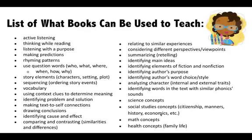Active listening, thinking while reading, listening with a purpose, making predictions, rhyming patterns, use question words, who, what, where, when, how, story elements like character, setting, plot, sequencing, ordering story events, vocabulary, using context clues to determine meaning, identifying the problem and solution, making text to self connections, drawing conclusions, identifying cause and effect, comparing and contrasting similarities and differences, relating to similar experiences, considering different perspectives or viewpoints, summarizing or retelling, identifying main ideas, identifying elements of fiction or